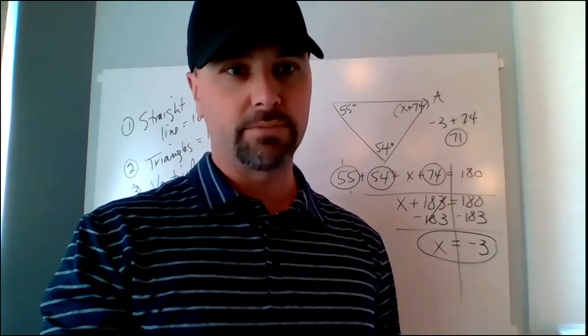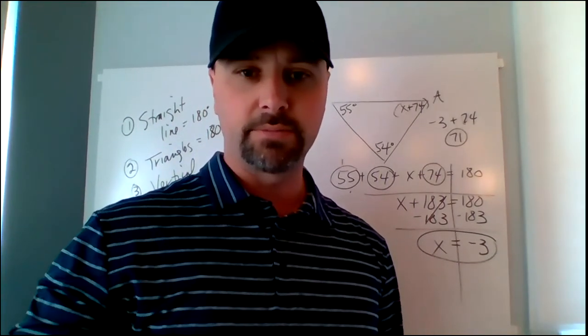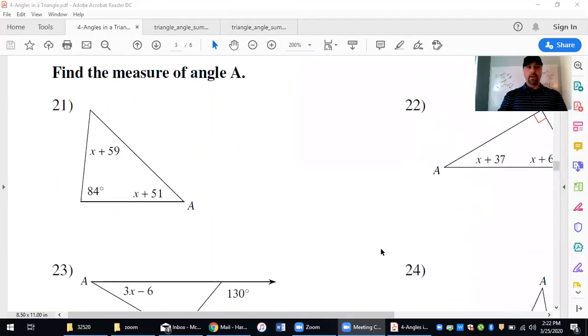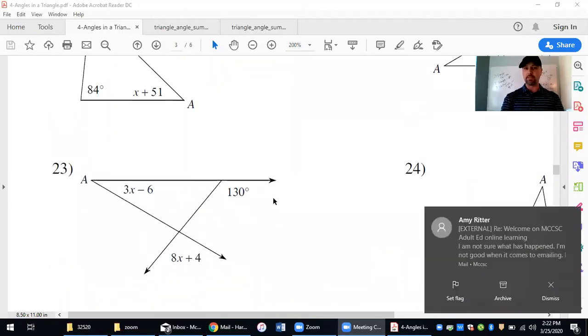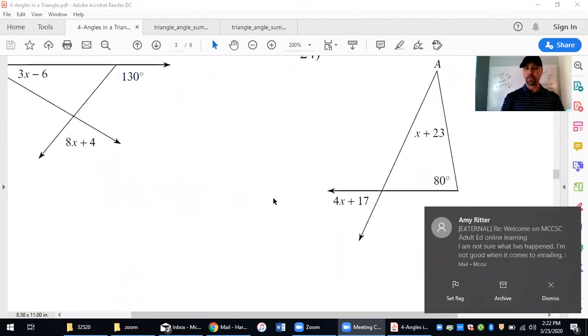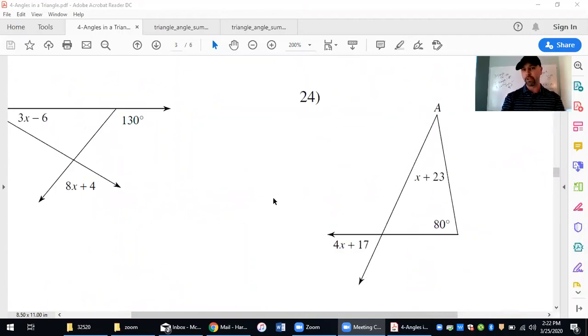If you have questions about that, remember, you can always let me know. Which you can see here, starting on numbers 21, now they want you to find the measure of angle A. You know, go ahead and try and